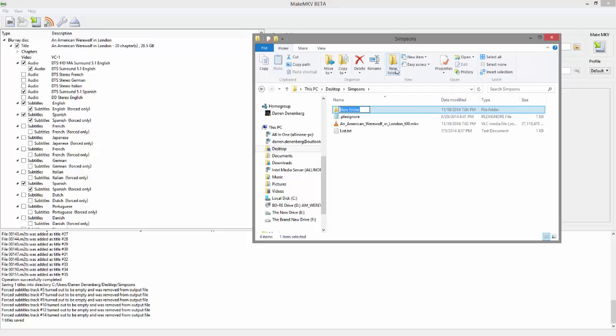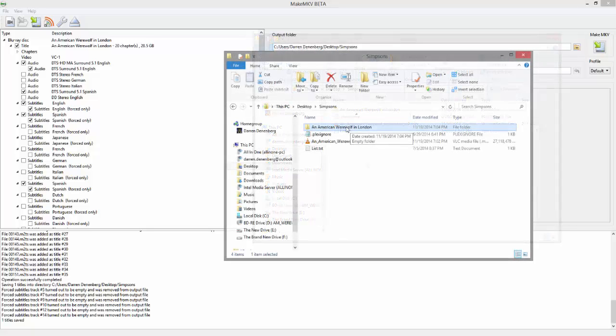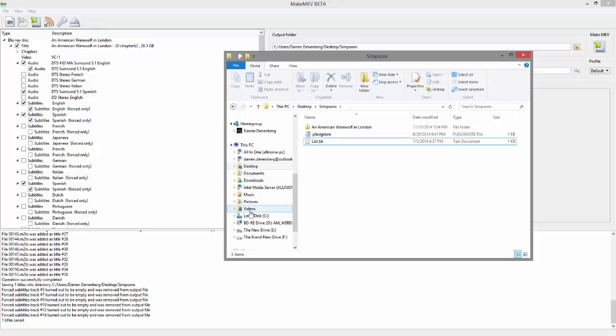Now, I'm going to make a new folder, and I'm going to call this folder An American Werewolf in London. That's what's really important when you're doing the naming. An American Werewolf in London. See, that will allow your media manager to determine what the actual movie really is. So I've made this new folder here, An American Werewolf in London. I'm going to put the video file into that folder, and then,